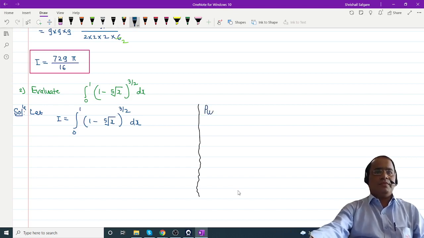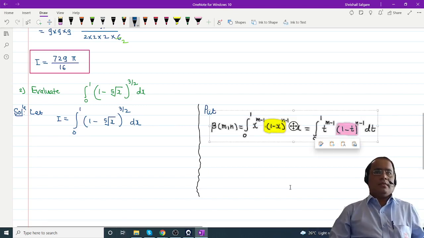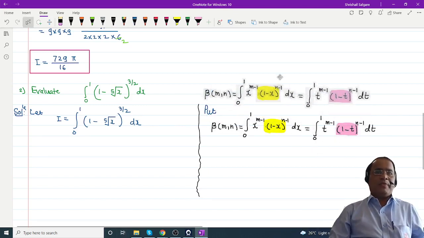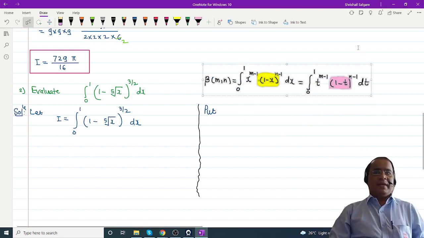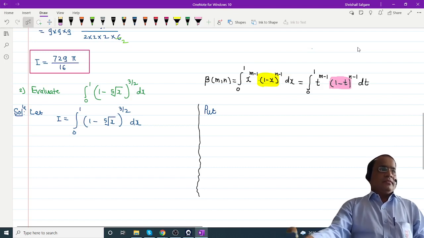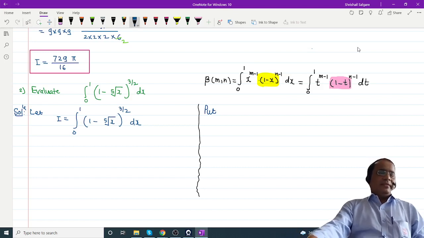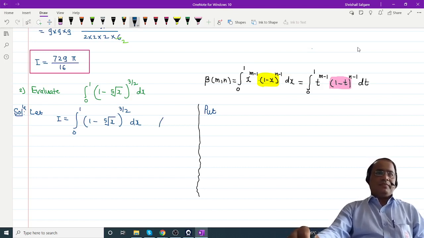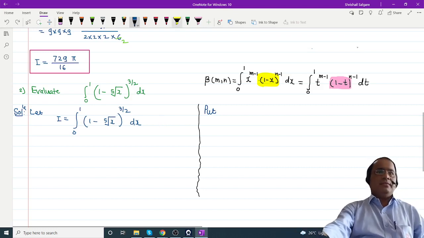Put, now this is your beta. Every time I'm copying that definition. Okay, this is our beta and our target is to obtain 1 minus t. Yes, anyone can unmute and tell what is your substitution. If required, I will highlight the term. So this one I want as a 1 minus t.